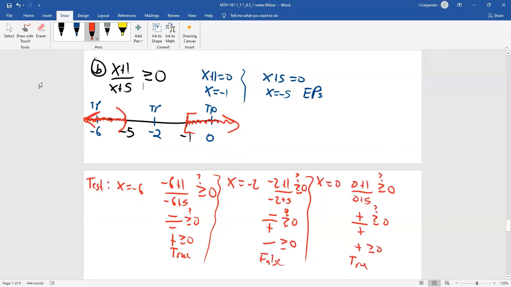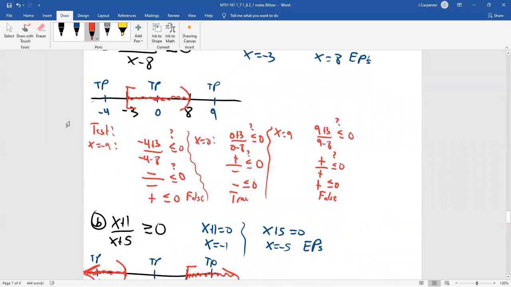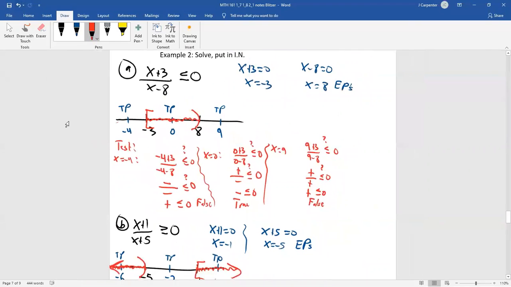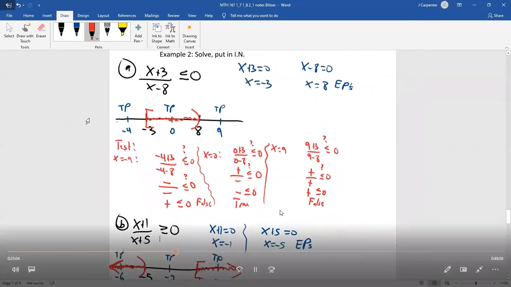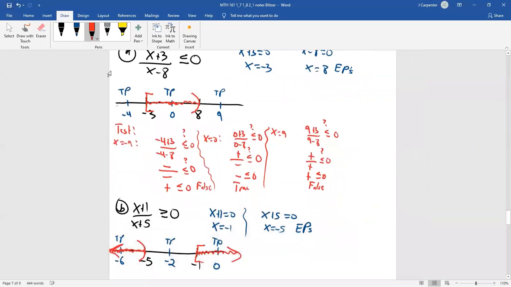I didn't put the last one in interval notation, did I? I did not. I graphed it. So now let's go back and do the interval notation for both of these. Let me just pull the screen back, because I did ask for interval notation and then I didn't even do it. So for A, the interval notation, we went from -3 to 8, so -3, 8. And then we had a bracket on the -3 and a parentheses on the 8. That was the actual solution to A,